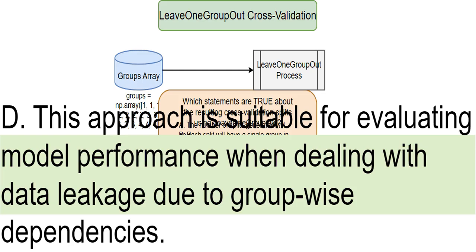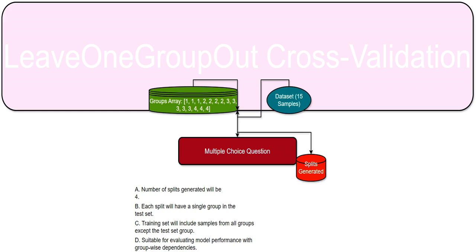By separating groups entirely into training and testing sets, we're protecting our model evaluation from any biases or inaccuracies arising from dependencies within those groups. I'm using LeaveOneGroupOut, which is a cross-validation technique in Scikit-Learn. It's designed to handle data where samples are grouped, preventing data leakage from occurring. I'll create separate training and testing sets for each group, ensuring that samples from the same group are never split